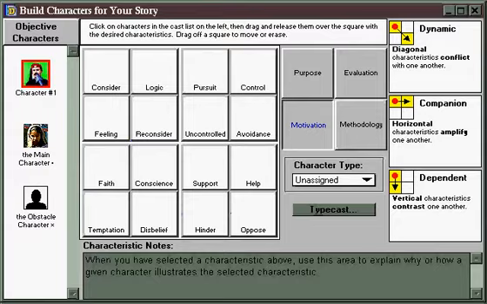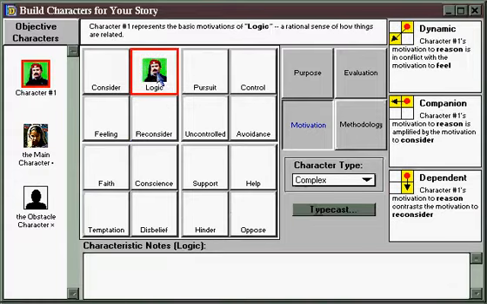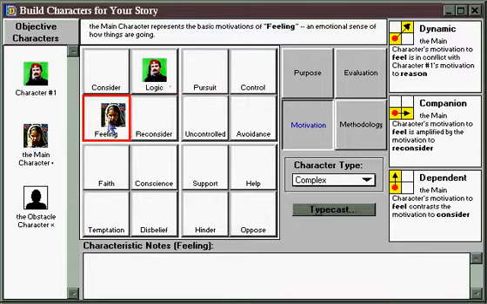and you can assign a character to take one of these approaches by clicking on it and dragging it and say, this character will represent logic in the story. Whenever logic comes up, this is the character to call on, whereas this character might represent feeling in the story. And so these two characters would come into a certain kind of conflict because they're diametrically opposed in